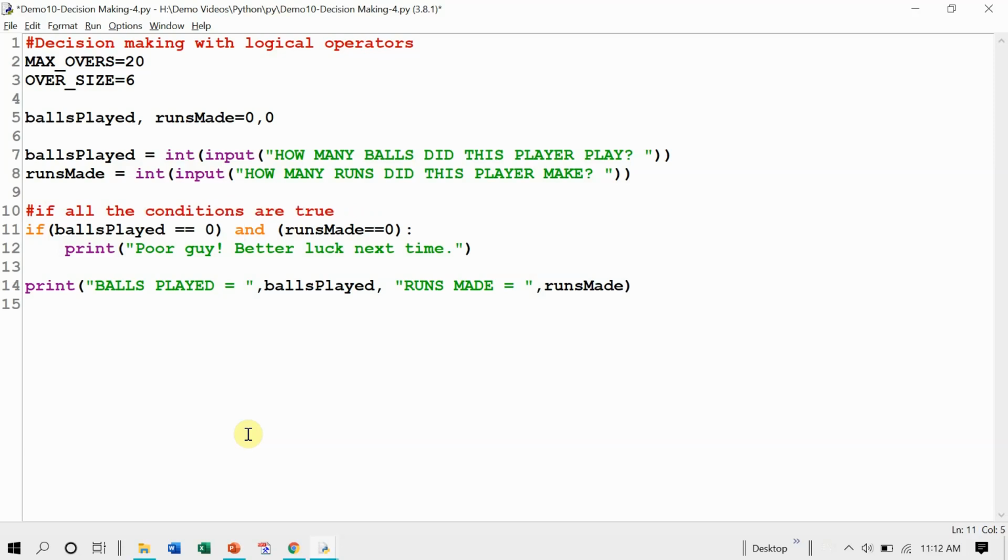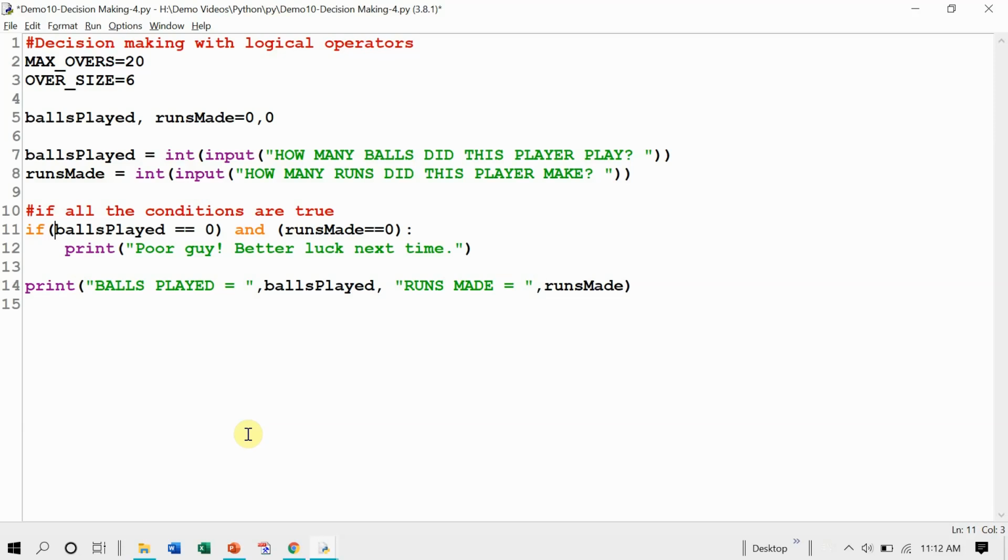So we have seen the OR logical operator and the AND logical operator. Now let us have a look at another, third logical operator. There are a total of three logical operators, and OR and AND we have seen. The third one is the NOT logical operator. The NOT logical operator actually reverses the condition. If a condition is returning true, it makes it false. If a condition is returning false, it makes it true.